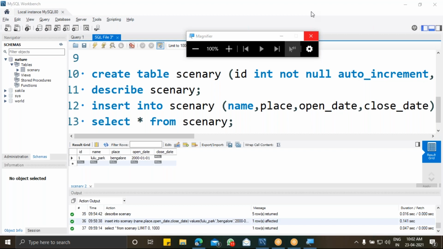And also I'm keeping ID as a primary key, which makes it easy to access the data uniquely. Because I can have another scenery with the same name, Lulu Park, that is located in Bangalore. But if I take a value that is unique in this table, then I cannot take it, so that may reduce the number of items in my table. So to identify unique items in my table, I need a primary key, so I'm using this ID as my primary key. Is it clear? Okay, any doubts?